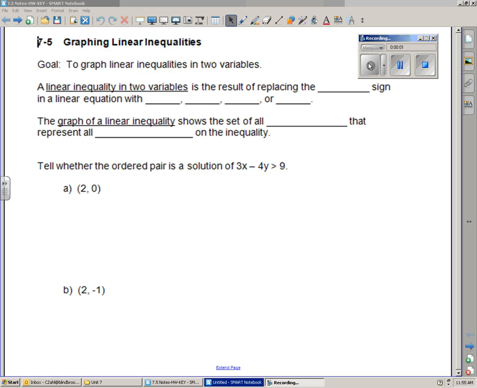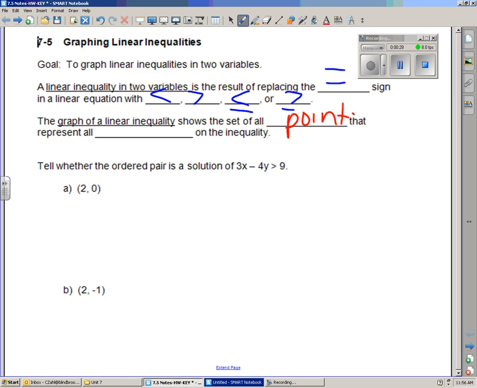Okay, so for this particular lesson, we're going to graph linear inequalities. A linear inequality in two variables is the result of replacing the equal sign, which we have normally been doing, with an inequality symbol, such as less than, greater than, less than or equal to, greater than or equal to. The graph of a linear inequality shows a set of all points that represent all solutions